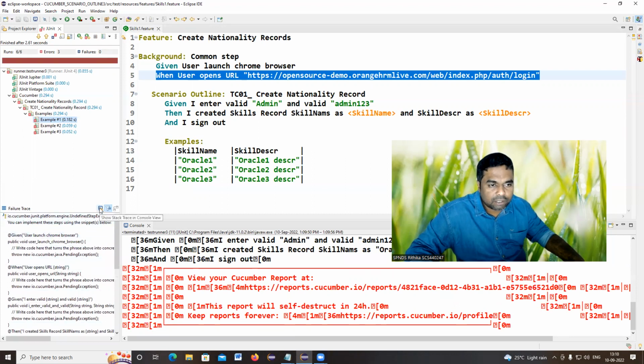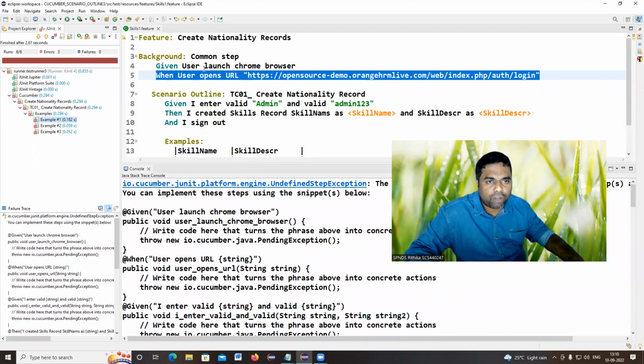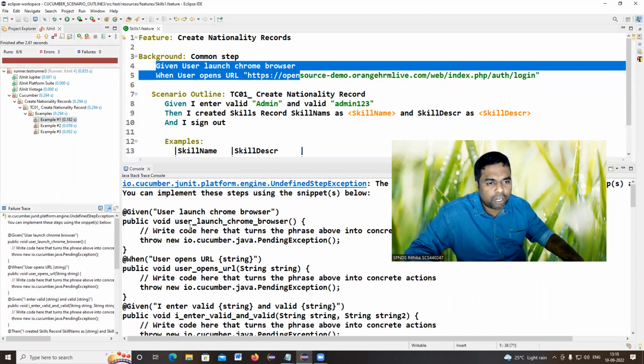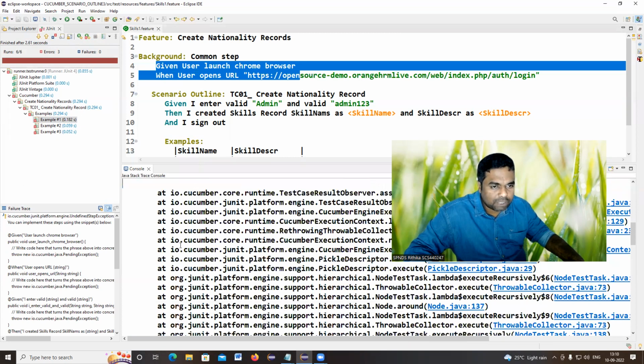Just click on this show stack trace in console view. So I'm clicking here. Okay. So these are the methods. So for every step, corresponding methods were generated here. Okay. So I'm copying all these methods, copy,